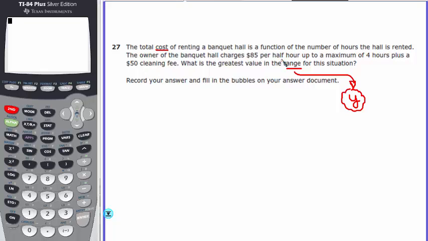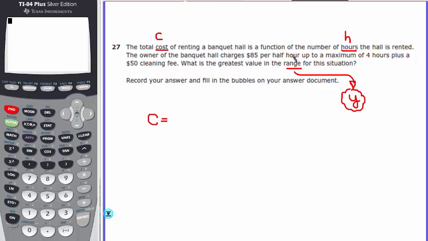Right there I noticed that cost and hours is going to be important in this problem, and I'm going to go ahead and start to use letter C for cost and H for hours. So basically the cost of renting a banquet hall is a function of H, hours the hall is rented. The owner of the banquet charges $85 per half an hour, up to a maximum of 4 hours, plus a $50 cleaning fee. Okay, so basically we can build an equation that says the cost equals